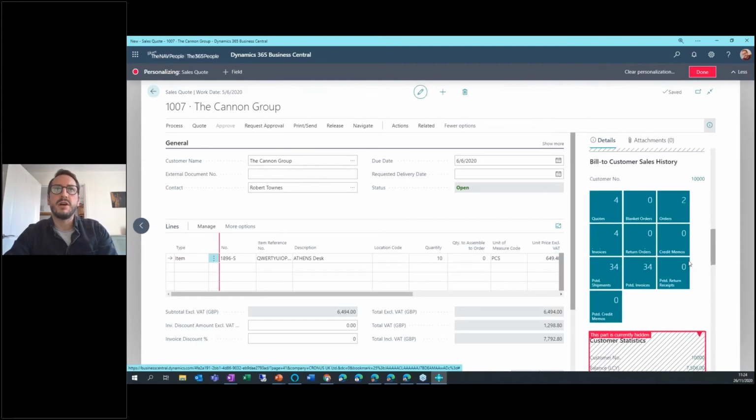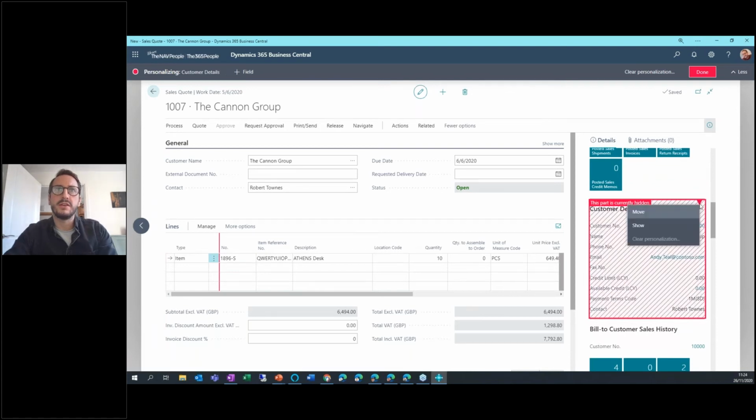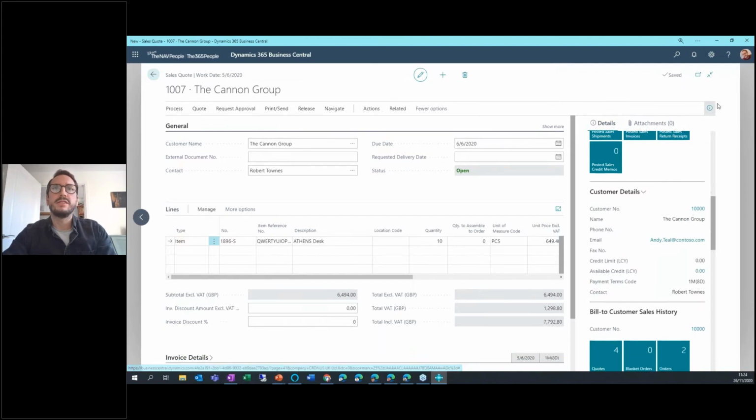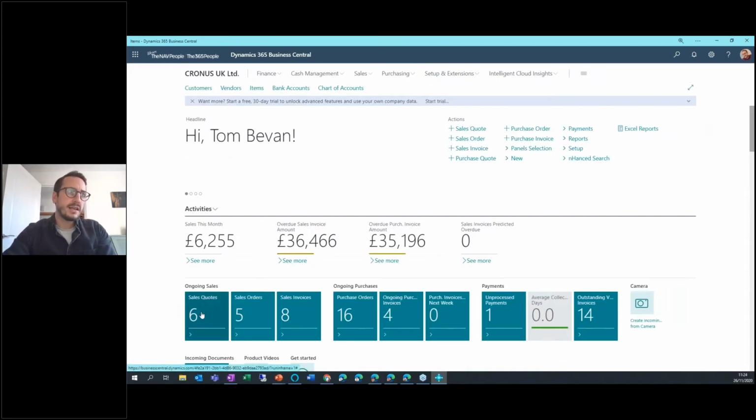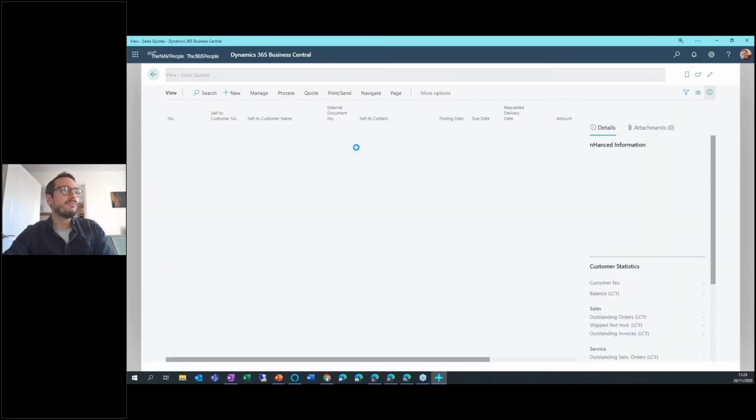Let's say I want customer details. Let's go and add that in and show that. Now, if I click done, that's finished. I'm going to hide my fact box pane, and I'm going to close this window down. As I come back into my sales quote list, and I come back and find that same sales quote,